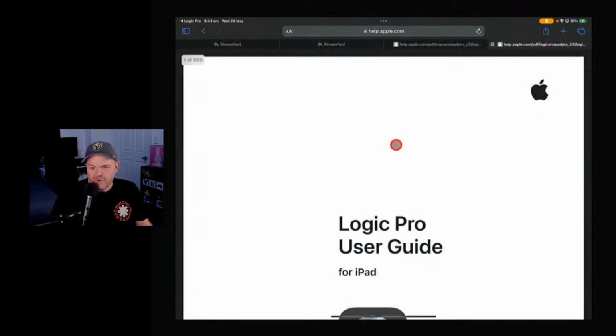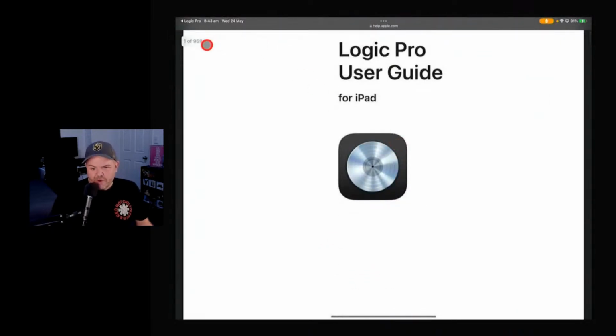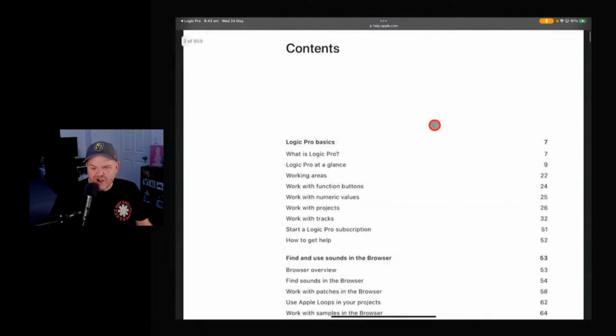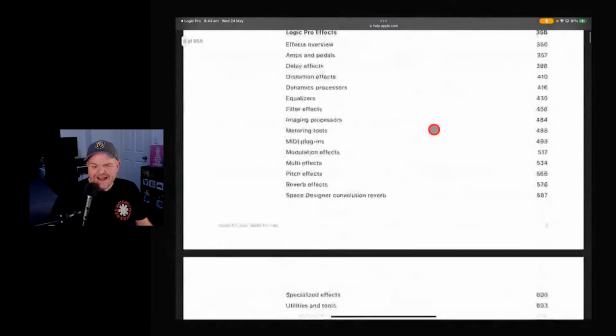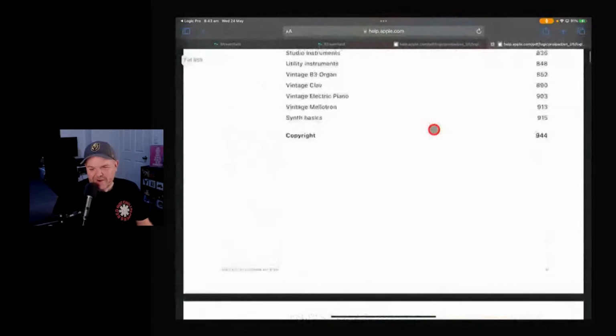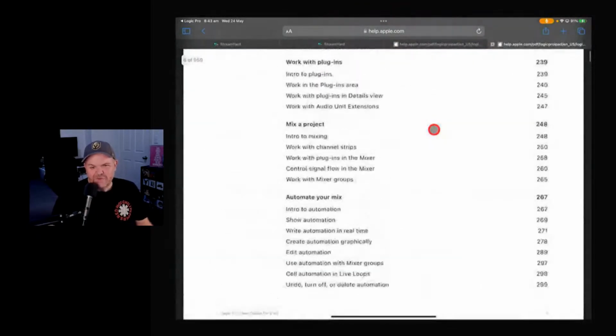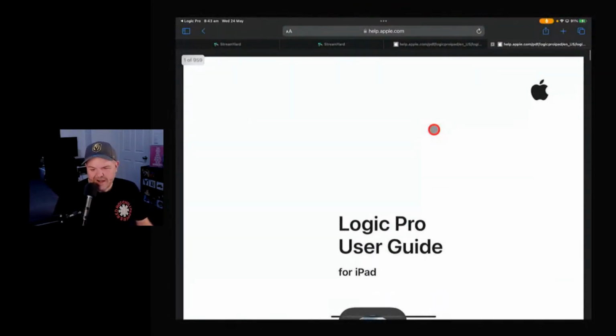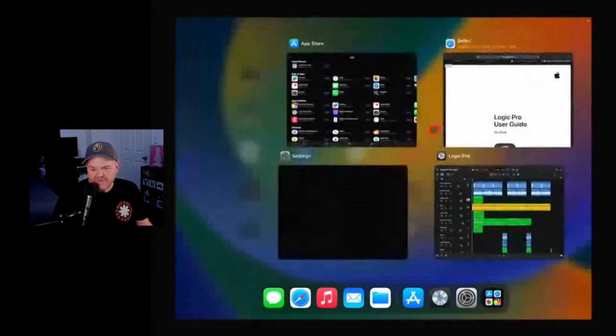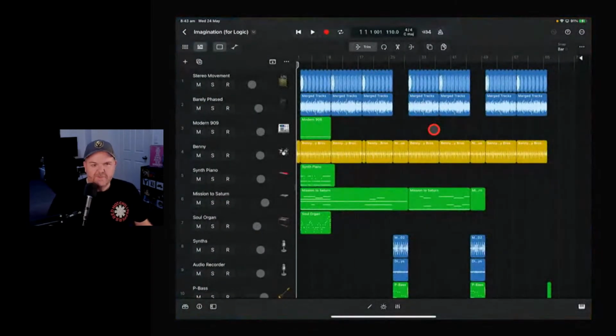This is for your old school folks that want a proper guide, a 960-page guide. Yeah, you heard me. I will be going through this. I would love to do a video. I'm considering, threatening, to do an RTFM series where I read the full manual. That's what that means, wasn't it? Yeah. So I read the full manual and go through each and every section. Might have to do it in chunks. I don't think I could do all of them, but that's all there as well. The lessons that I showed you there, we'll return to those in a minute.